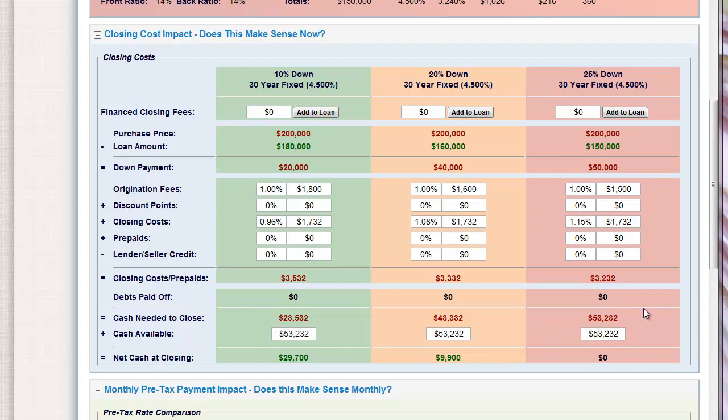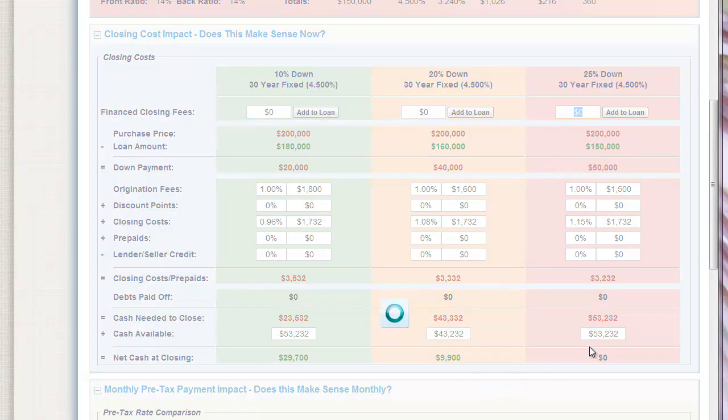One of the things I keep seeing, and this is just maybe old habit, is that people are not comparing apples to apples. They're comparing apples to oranges to giraffes. Meaning if I go through and put in the cash to close as 43,332 here and this one, right, instead of putting this, then it looks like I'm putting the same amount of money down when in reality,